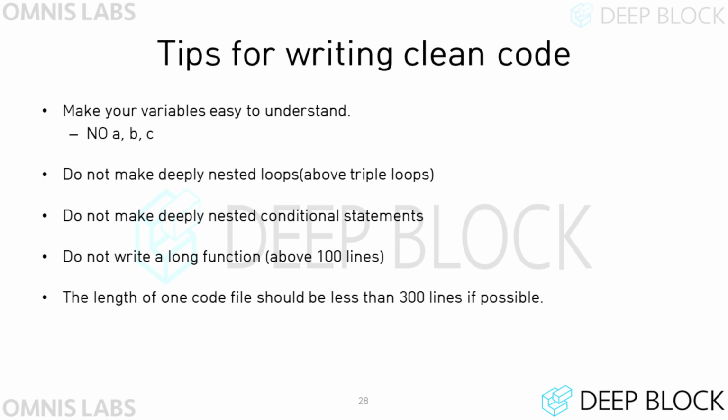Likewise, deeply nested conditional statements also hurt the readability of the code. Thus, you can improve the readability of the code by implementing the inner conditional statement in a separate function and calling it in the outer conditional statement. It is recommended to write a short function. It's a good idea to write a function simply and make it do one small task. Like variable names, function names should be easy to understand. Of course, the same goes for classes.